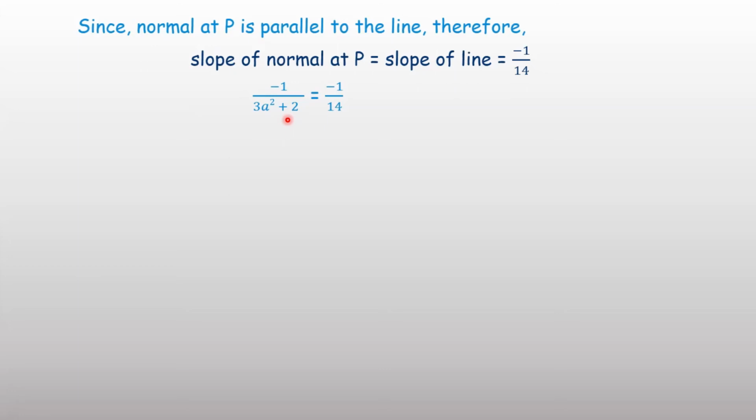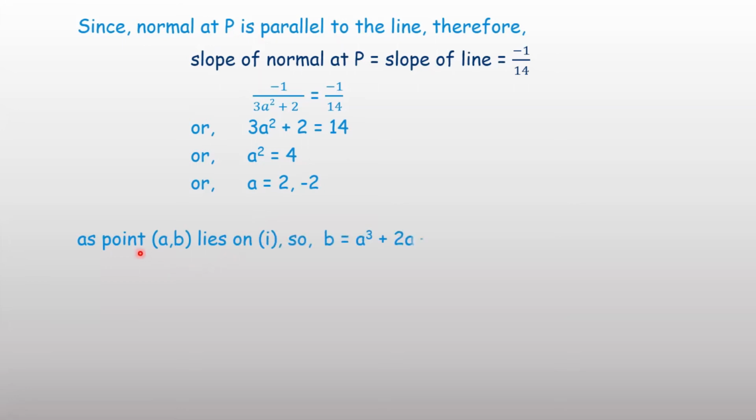Minus cancels out. Cross multiplication: 3a² + 2 = 14, or a² = 4, or a = ±2. You are getting two values of a, plus 2 and minus 2. As the point (a, b) lies on the curve,